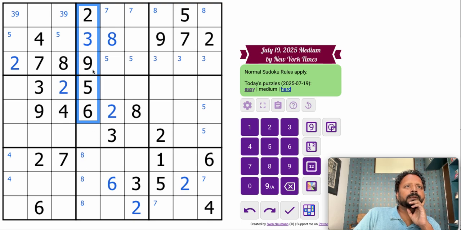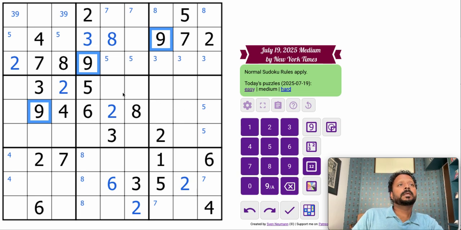We'll come to that. That's it. So at this time, since in this pass we filled many numbers, if we cycle through 1 to 9 again, we will find more numbers to fill. But before that, let's take